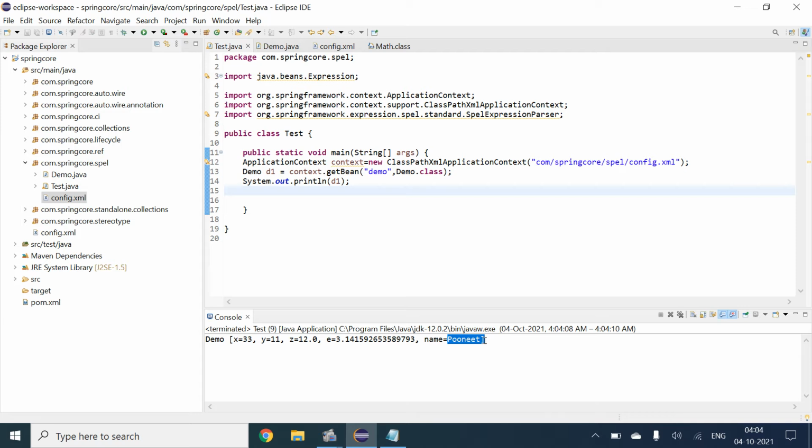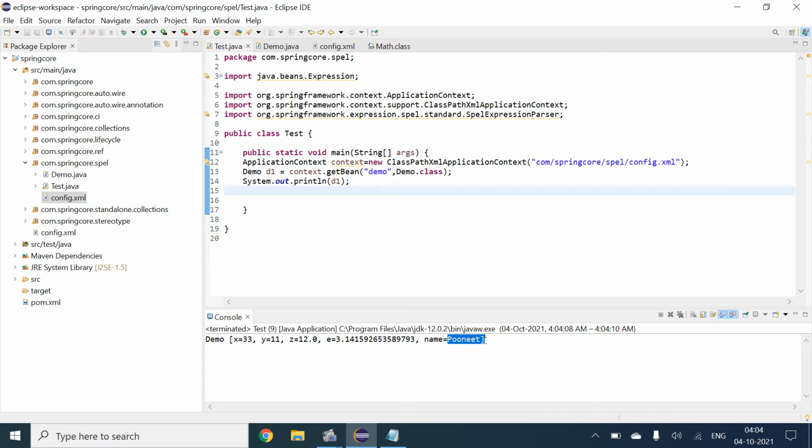So this is how we will call the static methods, static variables and the static string, and we can get the value like that with SpEL. So this is how we provide static methods, variables and creation of objects with the help of Spring Expression Language, SpEL.